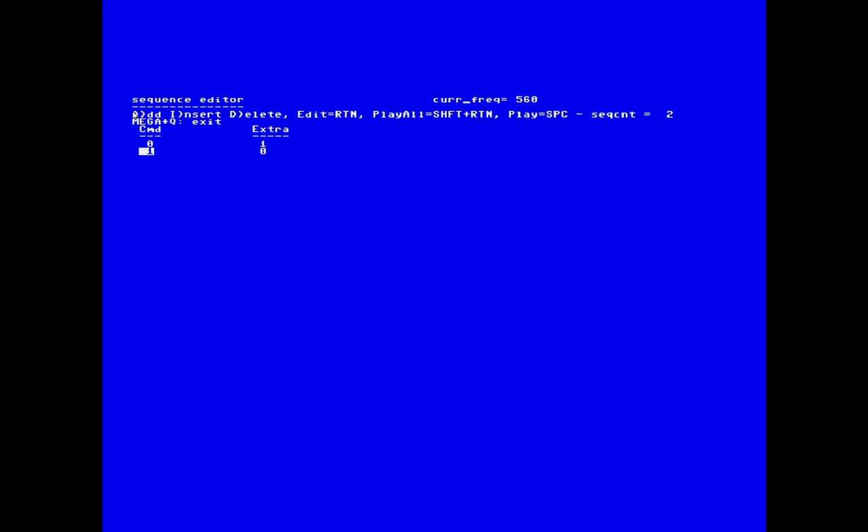I've added extra commands in. If I want to insert a filter at the front, I press I for insert. Those sorts of commands are a little bit funny though, because you press enter or return, and then you have to use minus values for those funny commands. So -1, I made that a tempo setting. So all right, maybe we want a tempo of 15. So if I play, shift return,